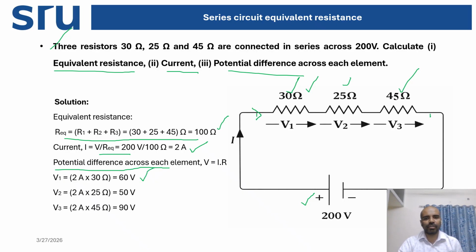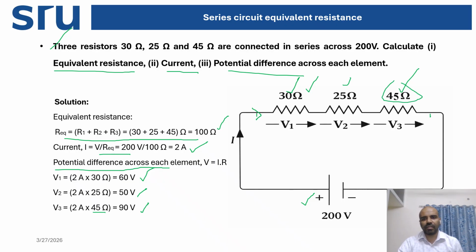So 2 ampere current is flowing through 30 ohm. So 2 into 30 equal to 60 volt. So 60 volt is the voltage drop across the 30 ohm resistor. Whereas for 25 ohm, 50 volt is the voltage drop across this resistor. For 45 ohm, 2 into 45 ohm, where 2 ampere is the current flowing through each resistor, that is 90 volt is the voltage drop across